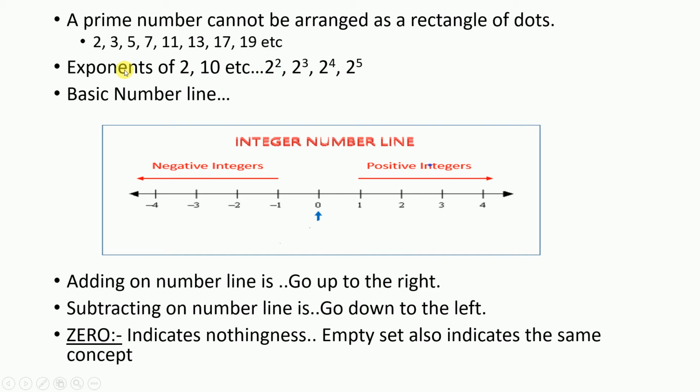So there is another concept called exponent. Here I have written exponents. 2, 3, 4, 5 are exponents, and these 2s are the bases. 2 power 5, 2 raised to the power of 5, 2 to the power of 5, they all mean the same. What is 2 to the power of 5? 2 multiplied with itself 5 times. What is 2 to the power of 3? 2 multiplied with itself 3 times. So exponent is nothing but repeated multiplication. What is multiplication? It is repeated addition.